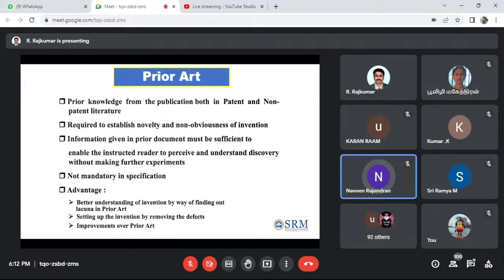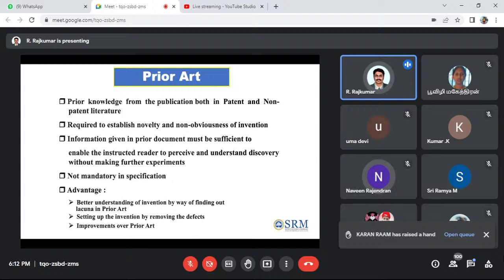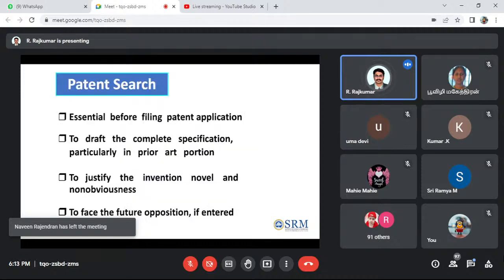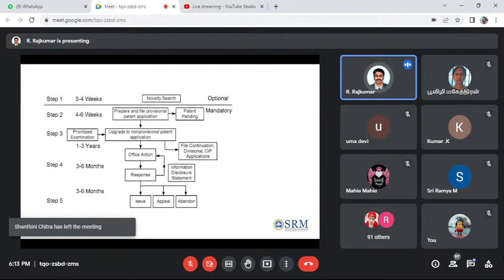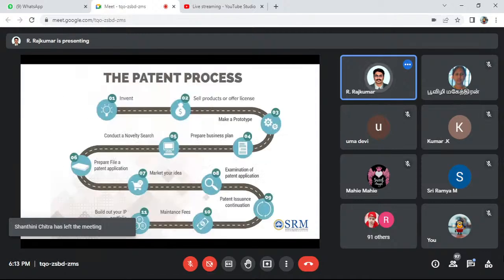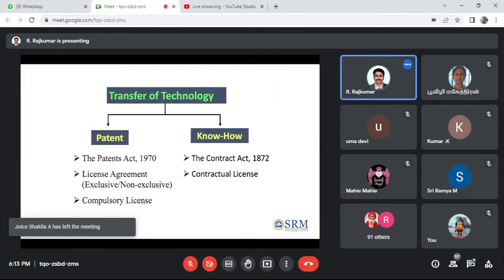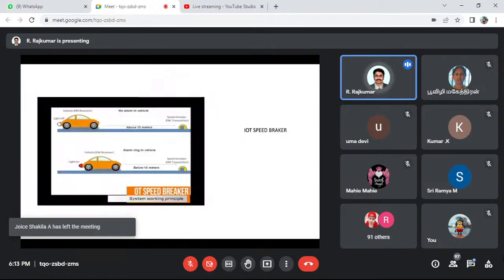From that patent number we are the owner of the patent, so we can legally make benefits out of it. First of all, I will go with my patents which I have already completed, and then I will come to this kind of application.